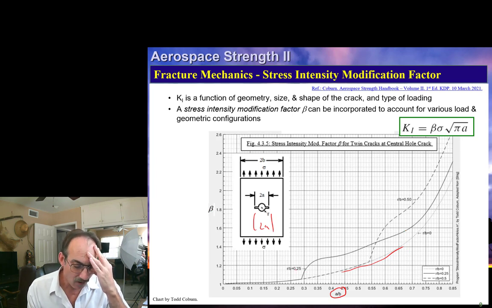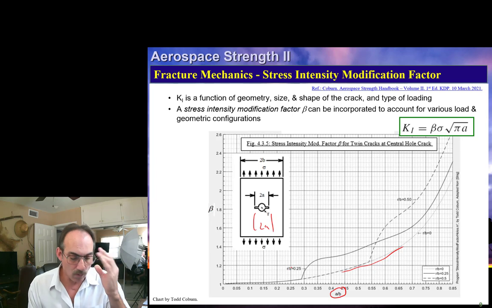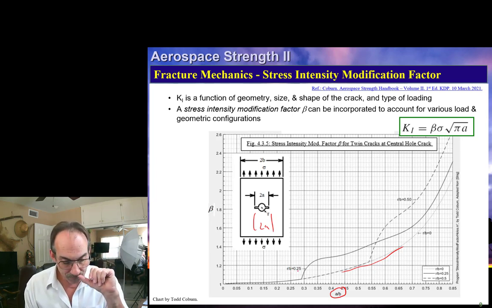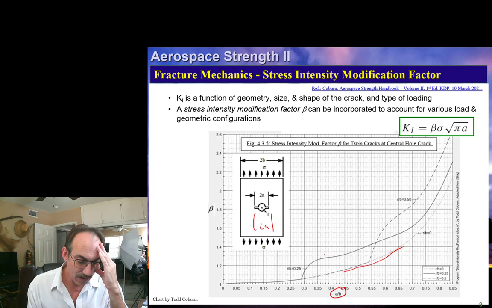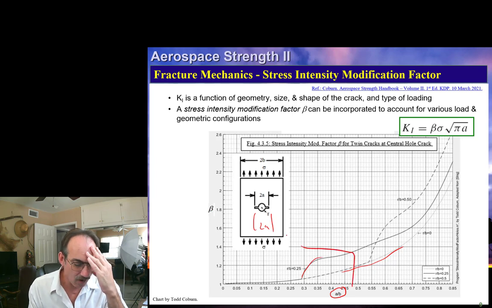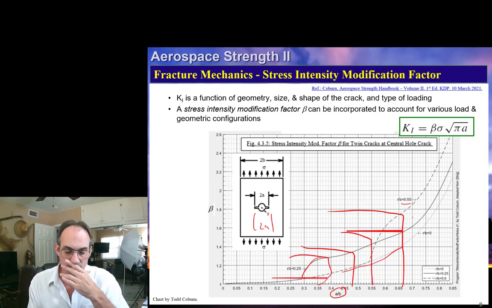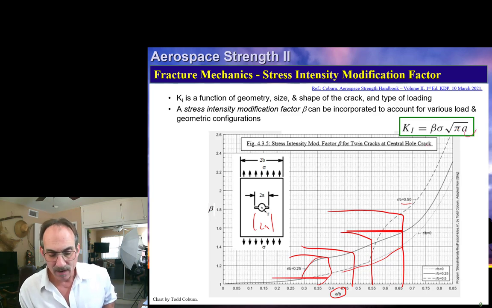Now if our hole radius is 1/4 of our B dimension, then that means we've got this curve here, and we would read that curve for our beta. If that is equal to 0.5, then we can read this for our beta. In my handbook, I give you curves or equations for these curves, which you can use to give a more precise number. Otherwise, we will just read the curve for the values, plug in the A, plug in the beta